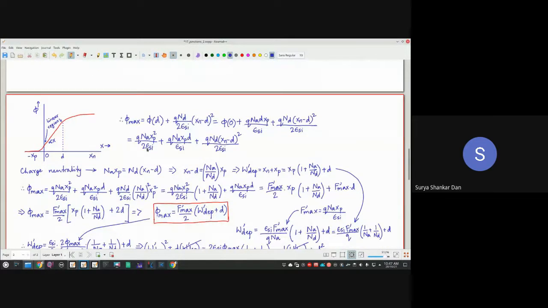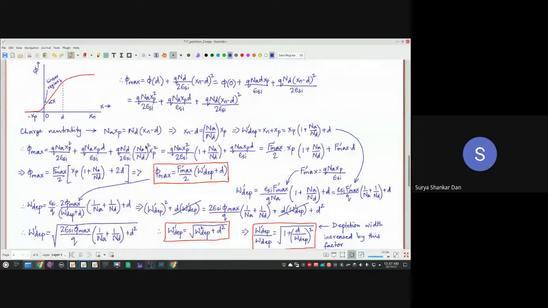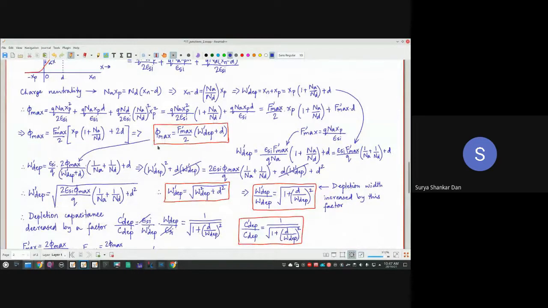Okay, this is the mathematical jugglery, but what is the use of it? For that, we want to find out the factor by which you are going to have the same electrostatics, but the electric field will be reduced. So that is our objective, right? If it is the same electrostatics, that means you apply VGS and VDS as you were supposed to.